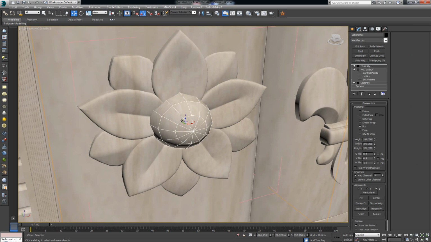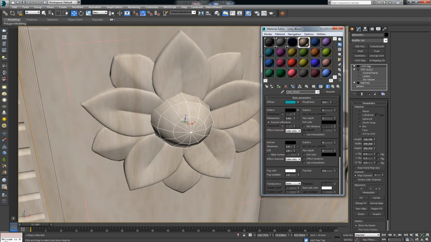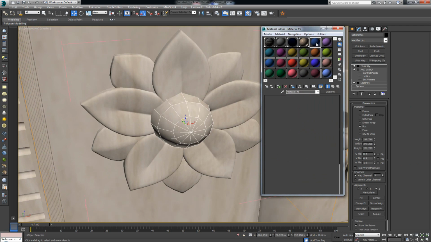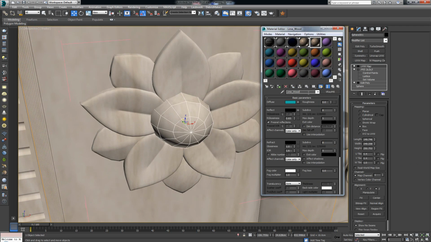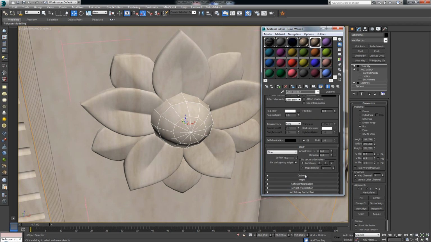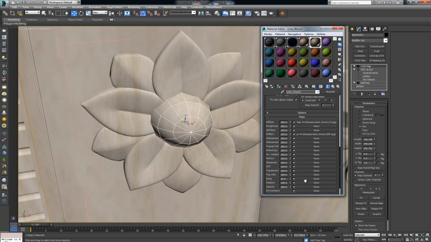Now select just the middle part, and just for it, I'm going to make another copy of the limewood material. Just call it limewood 2, and add it just to this piece over here. So the only thing that has this material is this piece, and the reason for it is that I want to add a map, a bump map,